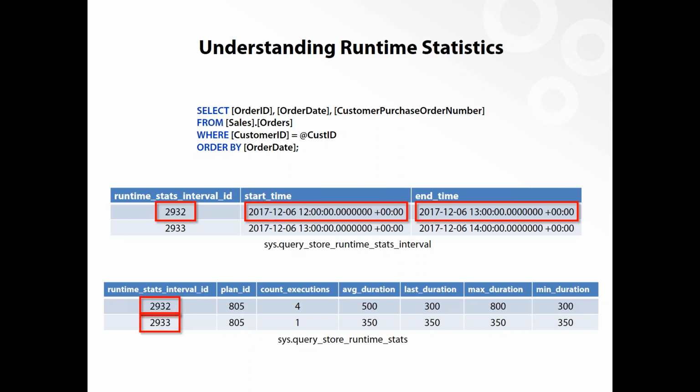And then for 2933, that interval represents 1 p.m. to 2 p.m. on December 6th of 2017. So the query only executed 1 time within that interval. So now that runtime stats interval is something that you can